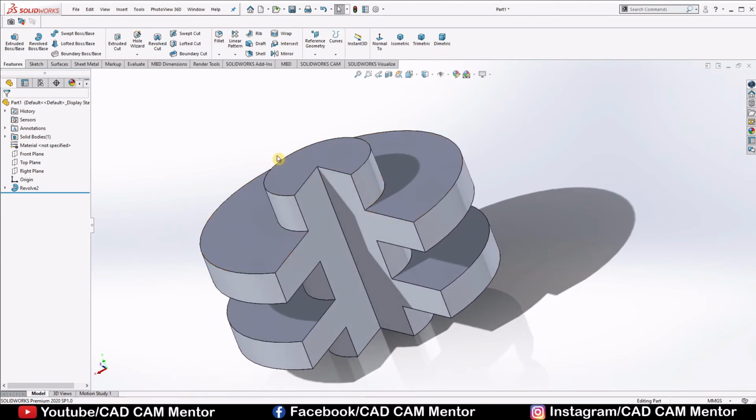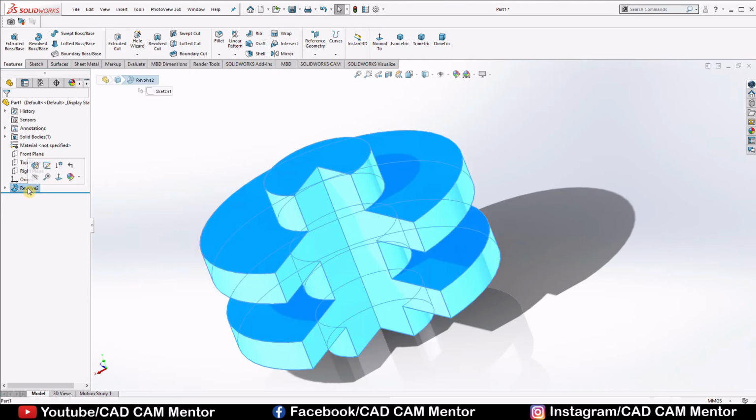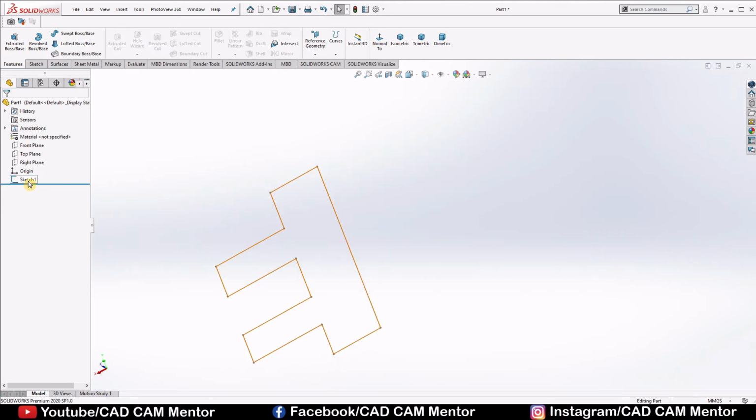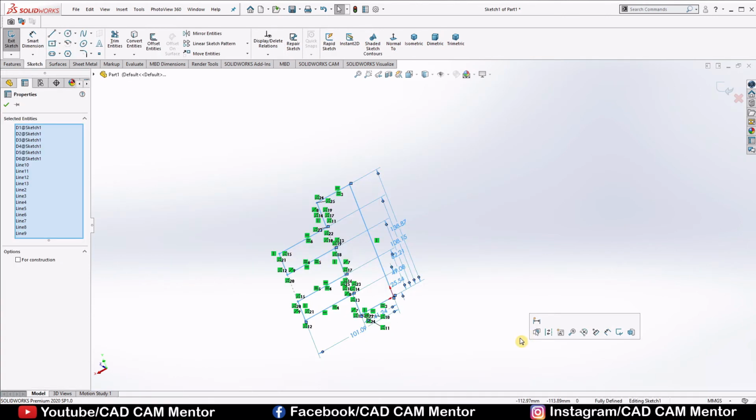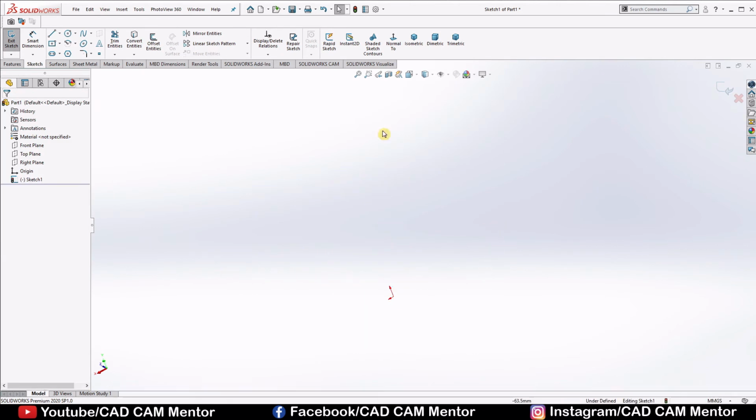Now we'll delete this and let's see a last example. Select this Revolve command and press the Delete key. Now again select Sketch 1 and select Edit Sketch. Select the whole sketch and delete it. Select Normal To. Now we'll draw the last sketch here.